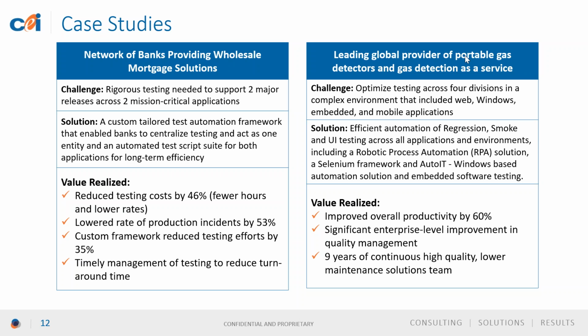Just to highlight some of the benefits the banks realized, they saw a nearly 50% reduction in testing costs and over 50% reduction in production incidents. Overall manual testing was reduced by over 1/3, and the efficiency of automation materially reduced the turnaround time for executing the test suites. I'll share an example. Prior to automation, it took one particular bank over a month to complete manual UAT testing. With automation, we were able to help that bank reduce the UAT cycle time to 1 week.